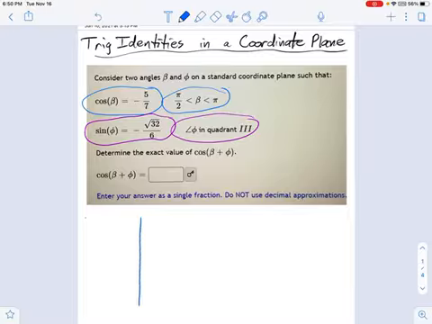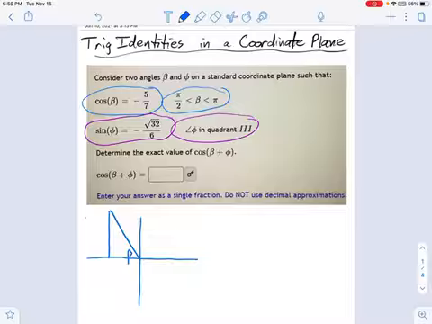I'm going to make a triangle for each one. The key here is drawing your triangle in the correct quadrant. So beta, like we said, is going to be in quadrant 2. This does not have to be an accurate triangle. It just has to be in the correct quadrant. Typically when I'm drawing these things, you'll see that some sides just look ridiculous, right? They're just way off. But who cares? As long as it's in the right quadrant, it's going to help me keep my signs straight, my pluses and minuses. And that's the important part.